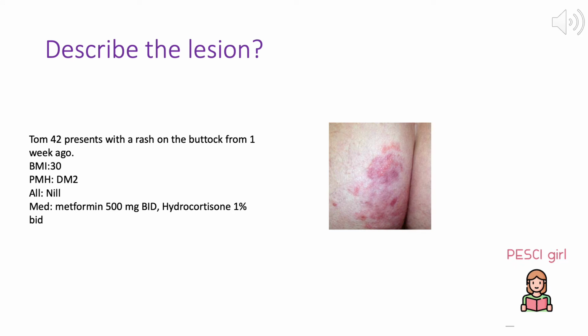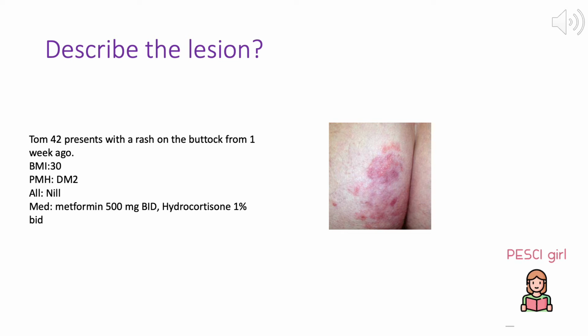Tom is a 42-year-old male with a rash on the buttock from 1 week ago. In past medical history, Tom has diabetes mellitus type 2, no allergy to any medication, and he has been on metformin 500 mg twice a day, and he's been trying hydrocortisone 1% cream for 1 week, but there has been